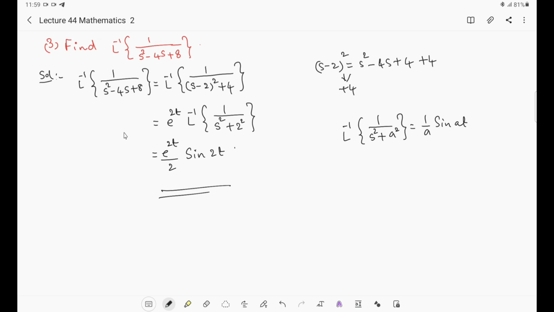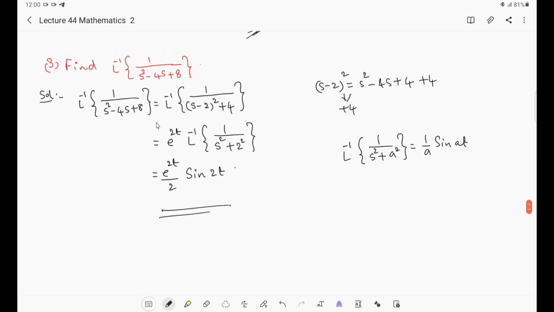So like this we can see a number of problems which are there in my notes and question bank. You can find lot of problems related to inverse Laplace transform, all the topics in this unit you can find in question bank as well as my notes, or you can follow any textbook which is related to higher engineering mathematics. You can find number of problems related to Laplace transform and inverse Laplace transform.